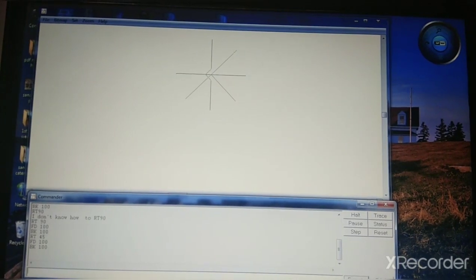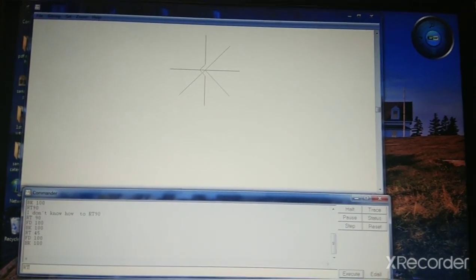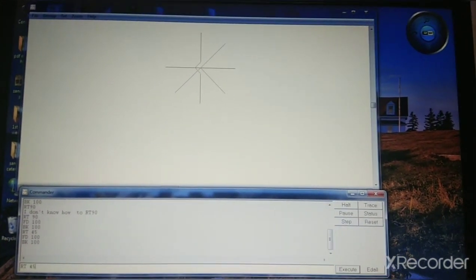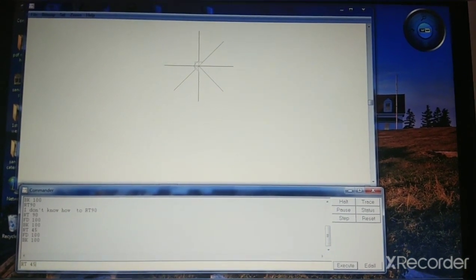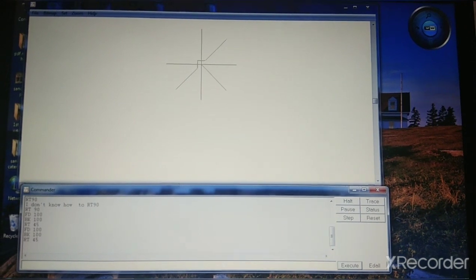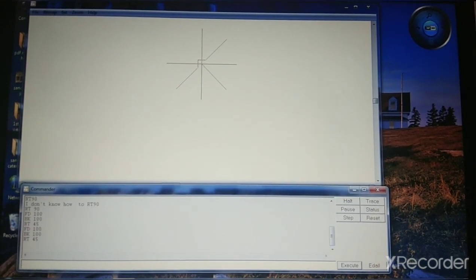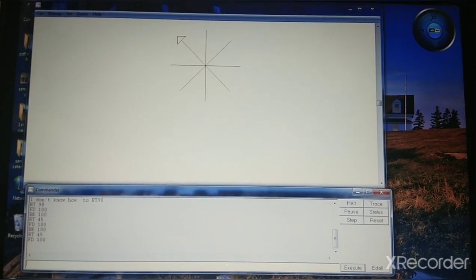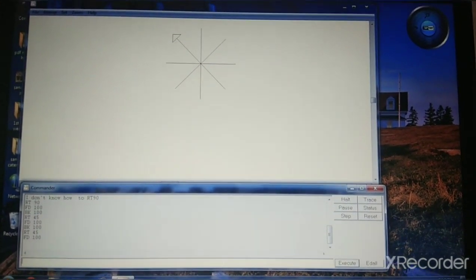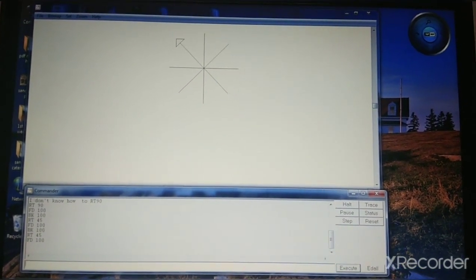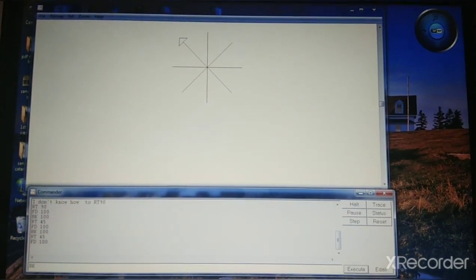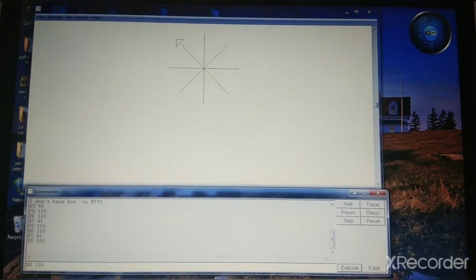Okay, again take the turtle right turn, RT 45. Press enter key. Now again tell your turtle to move ahead, FD 100, and see the figure exactly in the figure number 3. Okay, take the turtle back, BK 100.